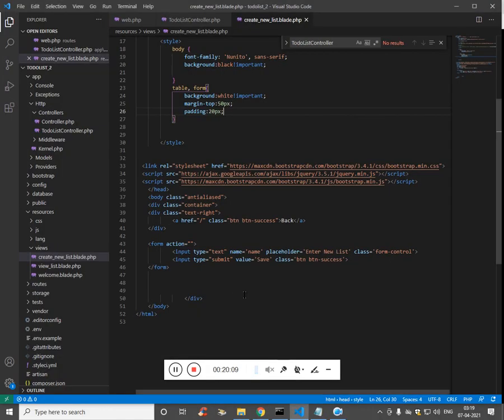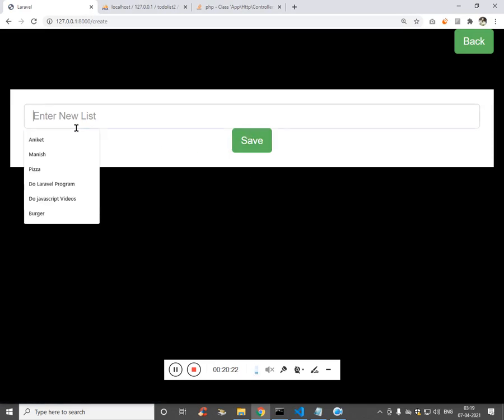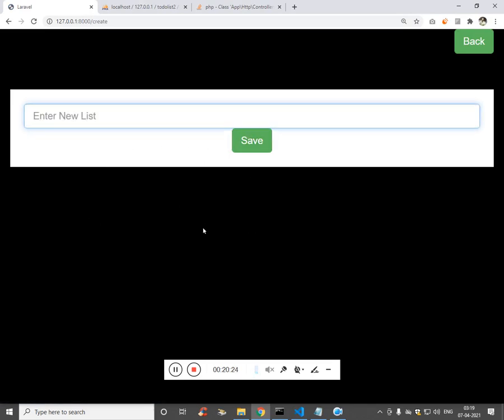Zoom in a bit. Now whatever is there inside the container, I want to be text align center, so it's a class. Great, it is working, and the placeholder is also working.